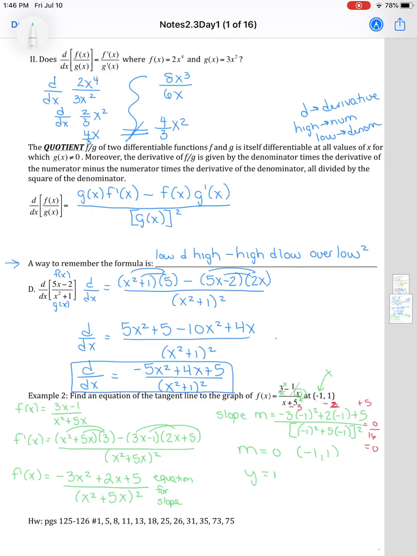Well, that makes things easy. The slope is 0. Your point is negative 1, 1. So when we sub it into y equals mx plus b, b is going to come out to being 1. So again, we don't write y equals 0x plus 1. We're just